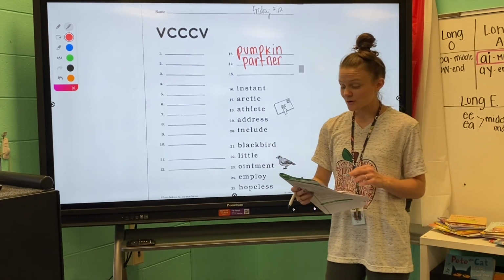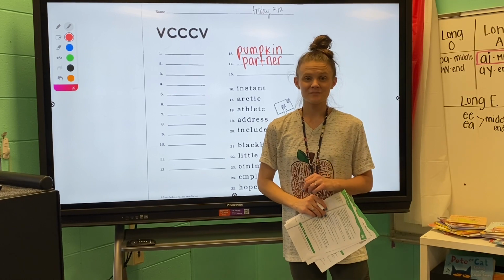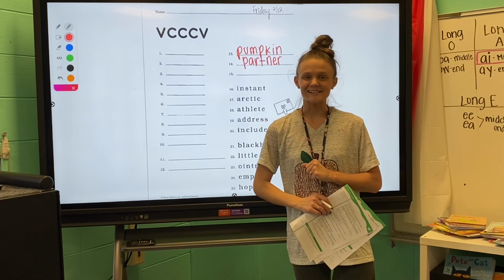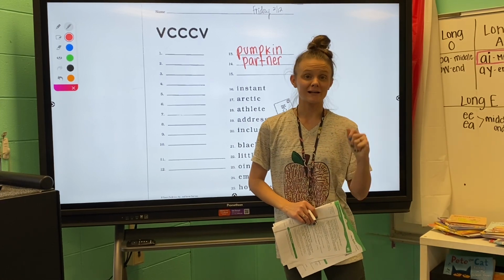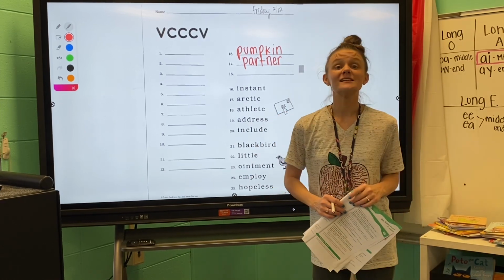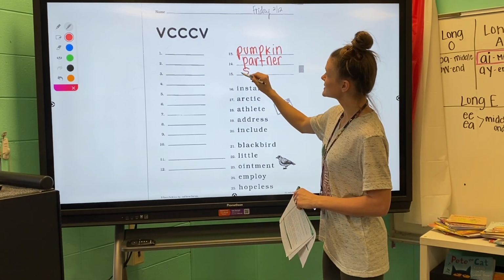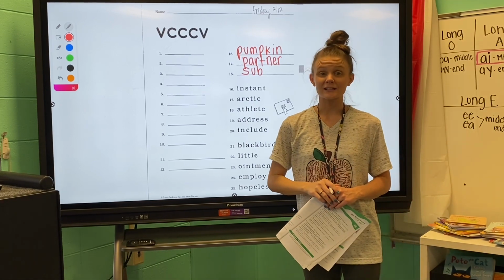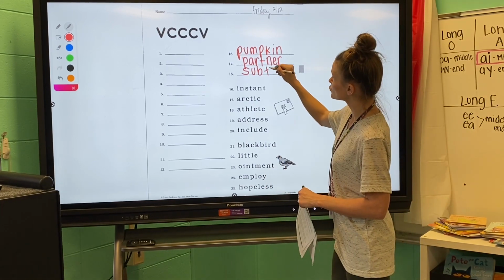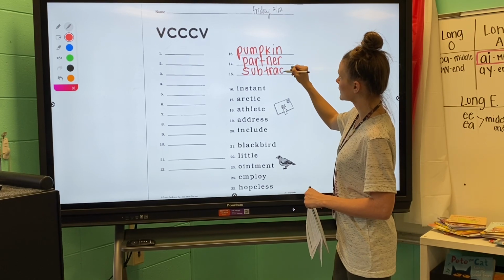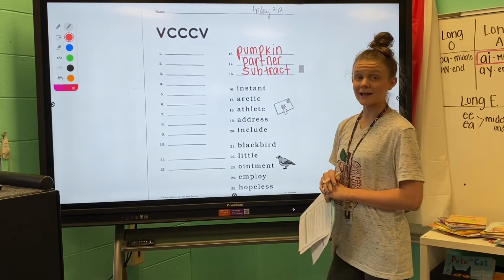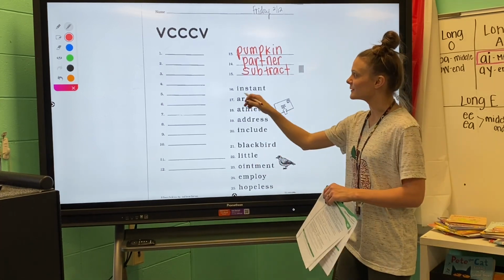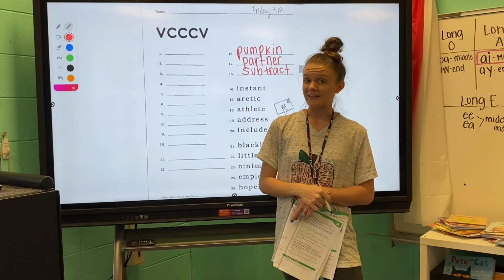For number 15, we're going to spell the word subtract. Subtract. Hopefully you guys have been doing lots of this in your math lessons. So I'm going to start by writing sub. Sub. Now I'm writing tract. Tract. Subtract. Excellent job, friends. I want you guys to work on labeling your consonants and vowels, drawing that division line,